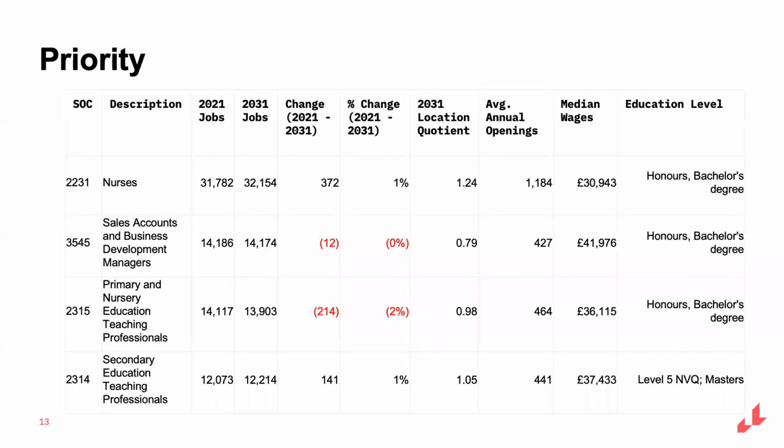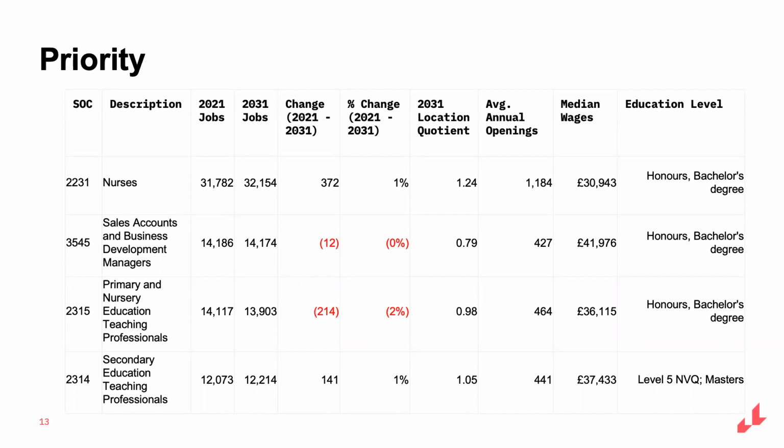So here are the top occupations in those professional and associate professional occupation groups by volume in the Northeast. Doctors, nurses, teachers, salespeople. As we did before, though, we can select different metrics according to our priorities.